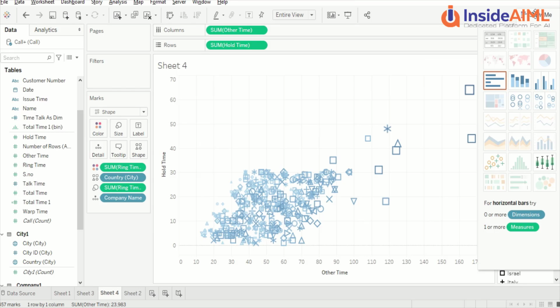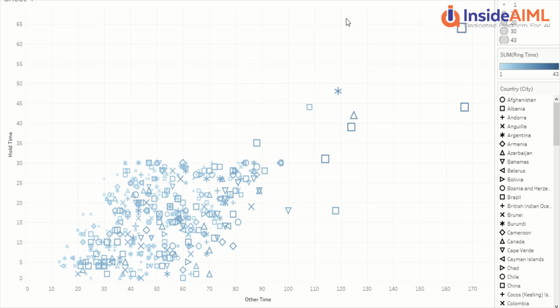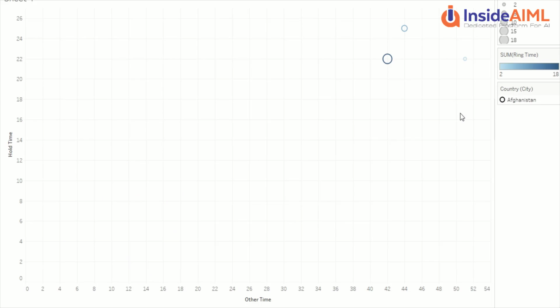So these are the various visuals which we have explored, and now I hope that you would have practiced it here, and let's look at various other options. So let's say if I put it to the presentation mode, this is how it looks like, and then I can click here, or I click here, and I can have include and exclude option. Okay, so if I say exclude, there would be some option. If I say include, there would be an action keep only. So if I keep only, I'll get Afghanistan.